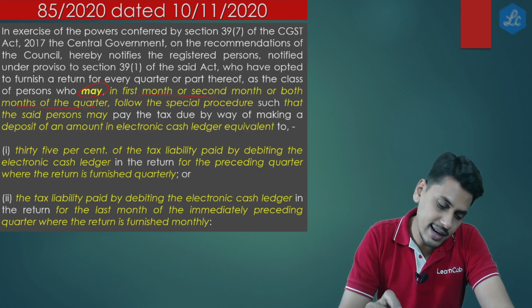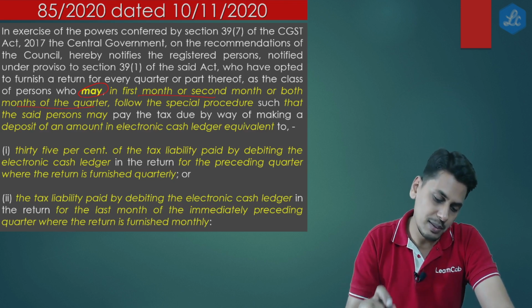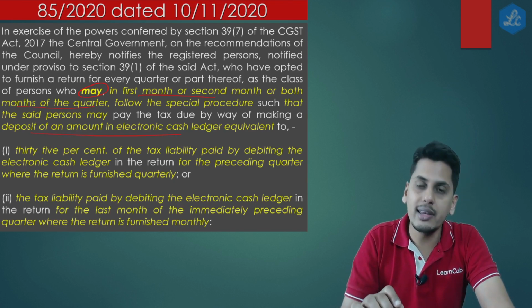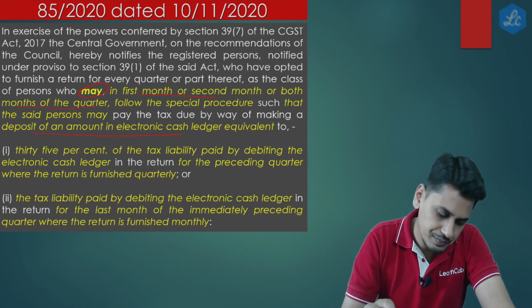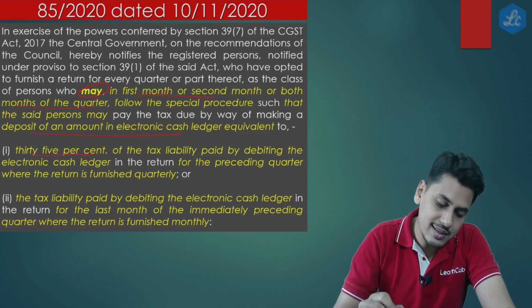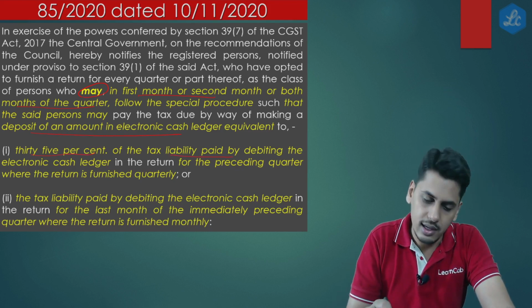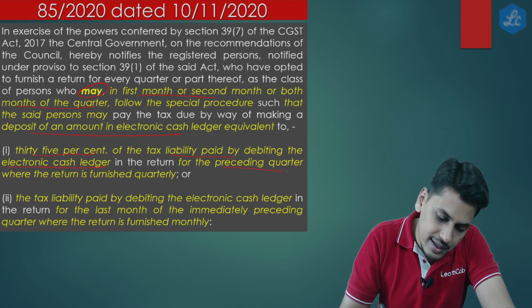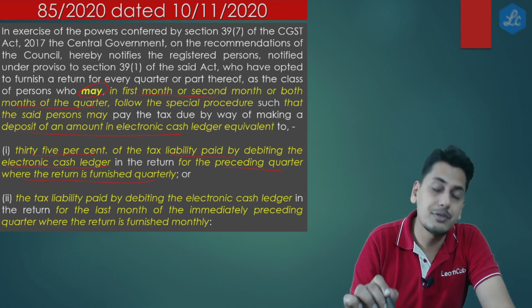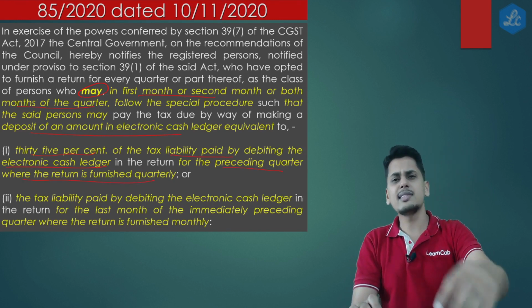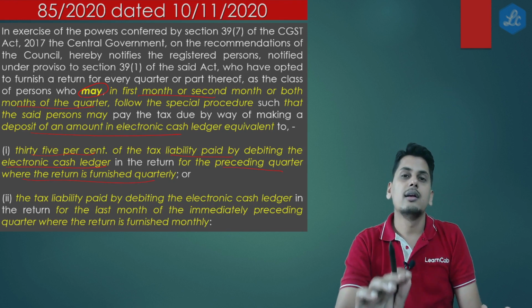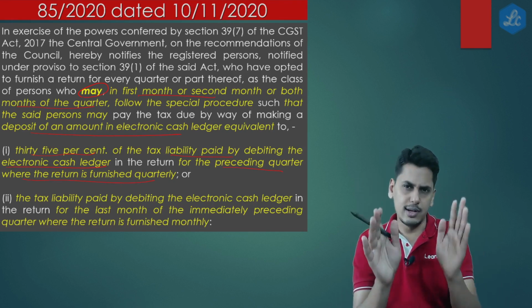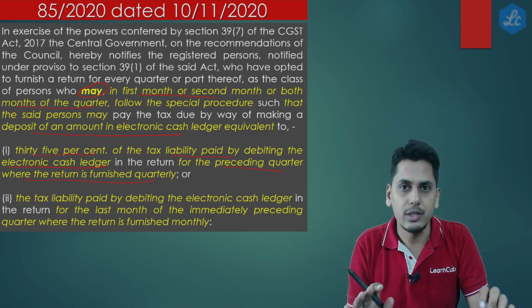He may, in the first or second or both the months of the quarter, follow the special procedure that the said person may deposit an amount in electronic cash ledger equivalent to 35% of the tax liability which is paid by debiting the electronic cash ledger for the preceding quarter where the return is furnished quarterly. So they say you follow historical method. For the preceding quarter, assuming in the current quarter, let's say the quarter April, May, June, you are there under